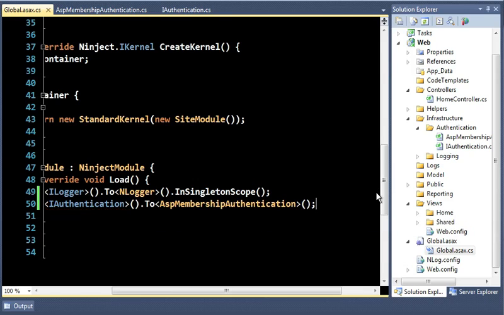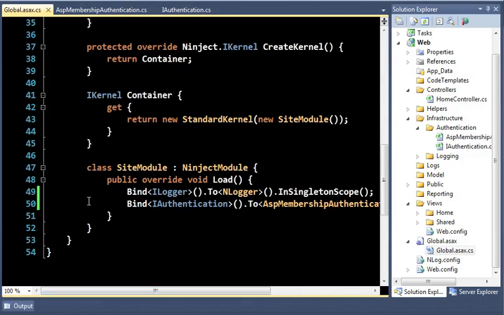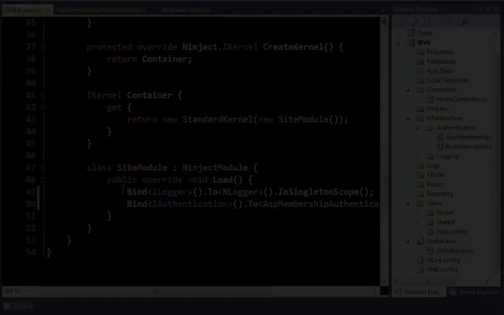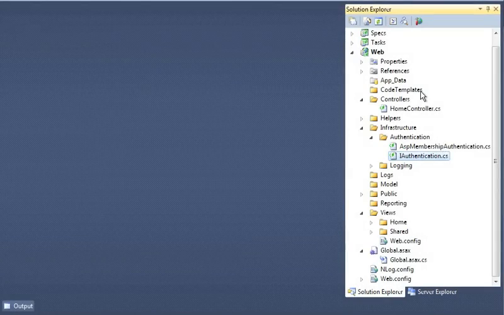That's it. Okay, so now if we want to use this in any one of our controllers, we just simply have to ask for the interface. DI is going to handle this for us. All right. What I want to do is to create a controller, and I want to kind of keep it